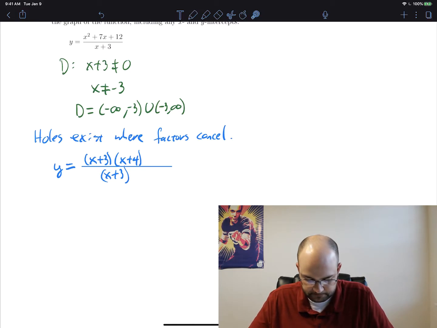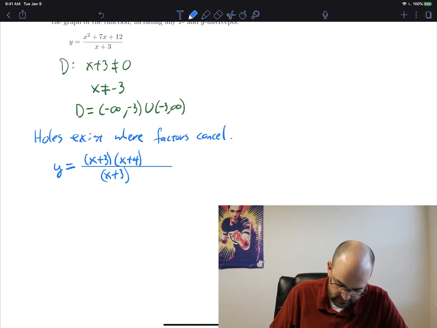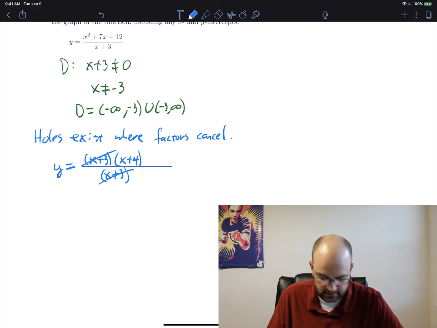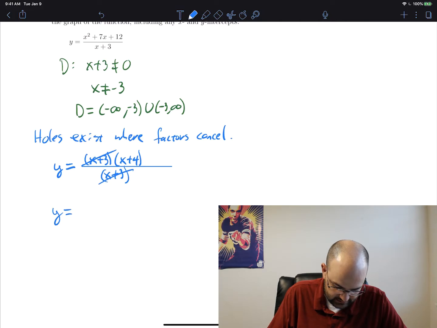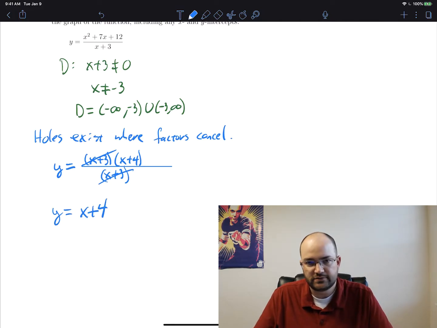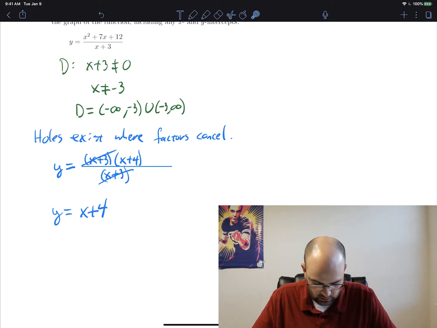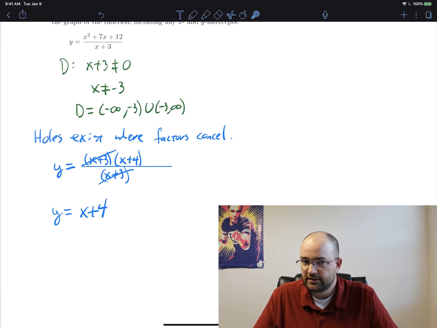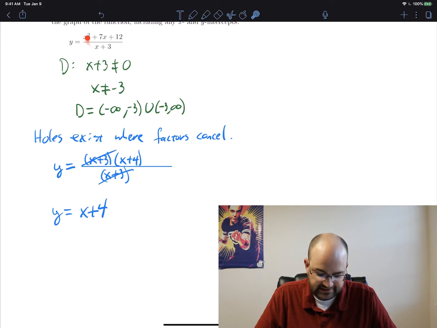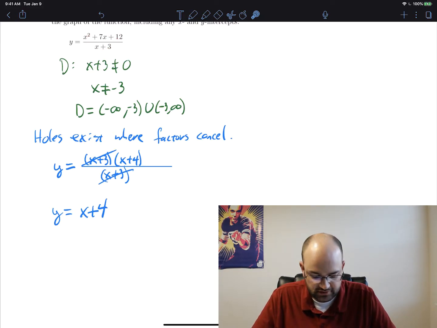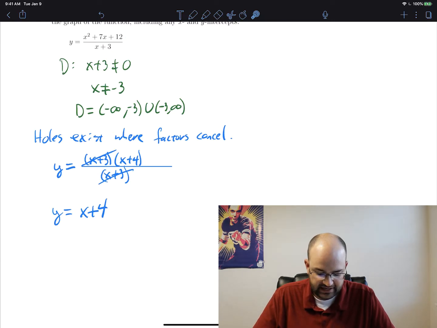And this is important. X plus 3, x plus 4, each one of these is one big factor. But notice that the denominator is also one big factor. In other words, that x plus 3 cancels, and this simplifies to just y equals x plus 4. And yes, y equals x plus 4 is a line. But what's important is that it's not really a line. It will look like a line when you graph it, but it's really not. The reason is because our function, in actuality, is x squared plus 7x plus 12 all over x plus 3, and our domain is